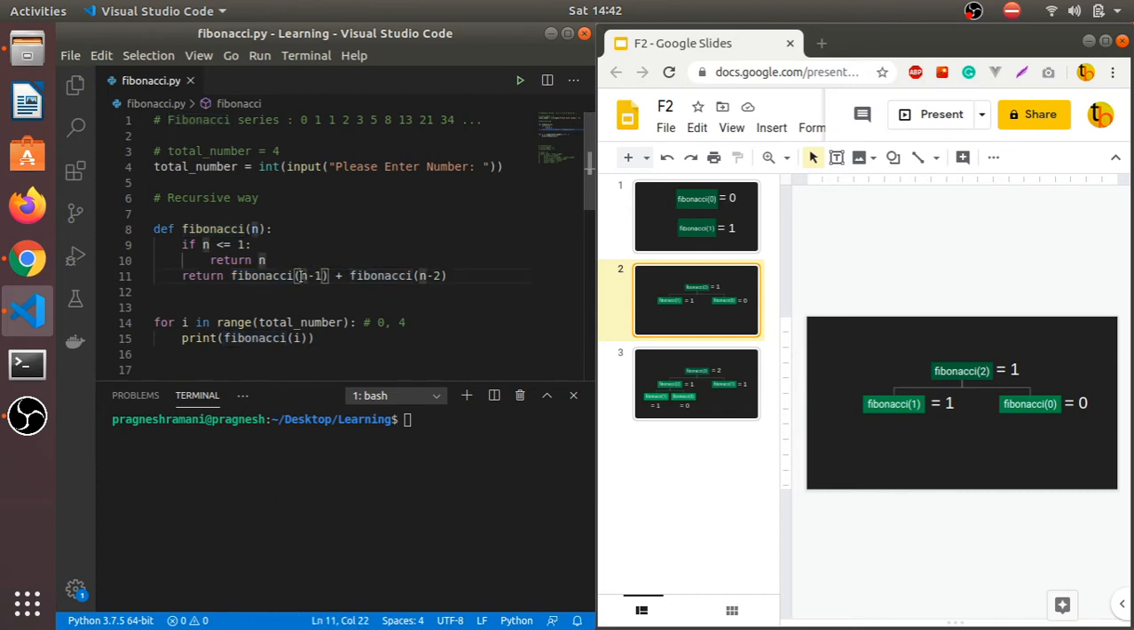Okay, so this n value will be 2 minus 1, which will be 1. As we know, Fibonacci 1, so this Fibonacci function will call the same function itself, and it will pass the argument 1, and it will check this condition and return the value 1. So this Fibonacci 1 will return 1, and if we check